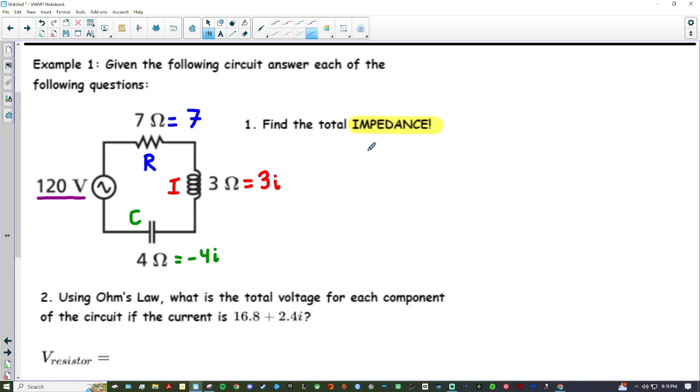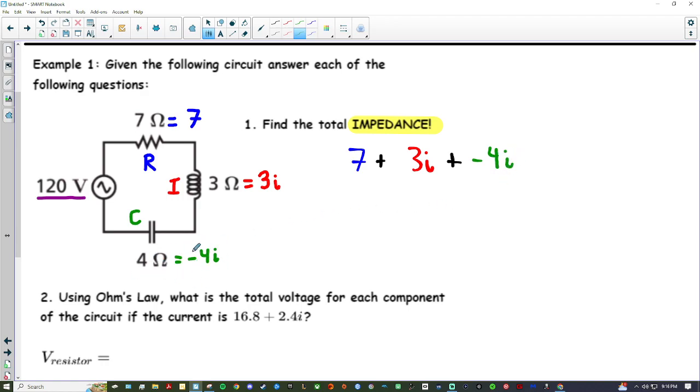So we have 7 from the resistor plus, oh, sorry, this is supposed to be a positive 3i from the inductor, plus negative 4i